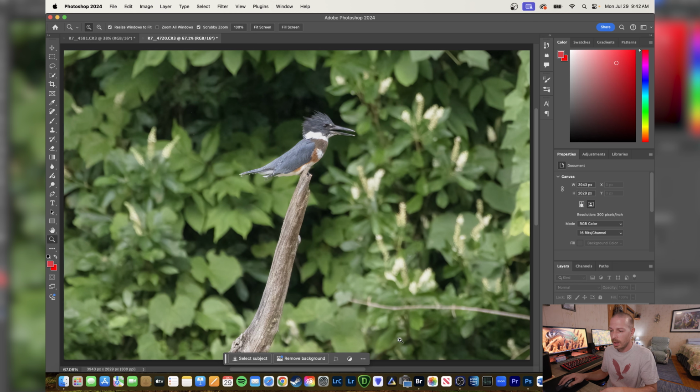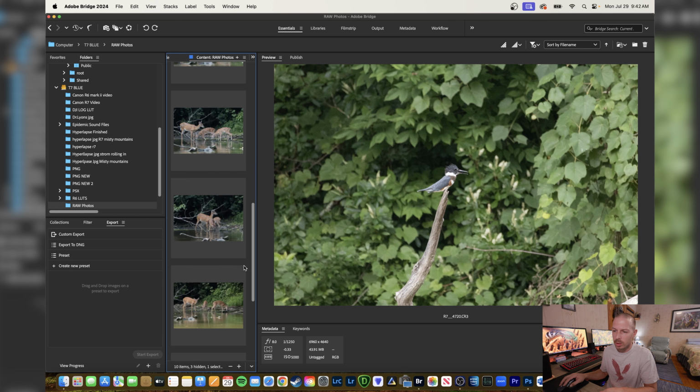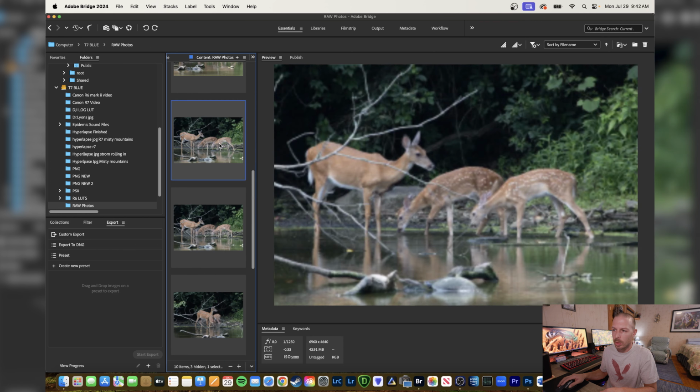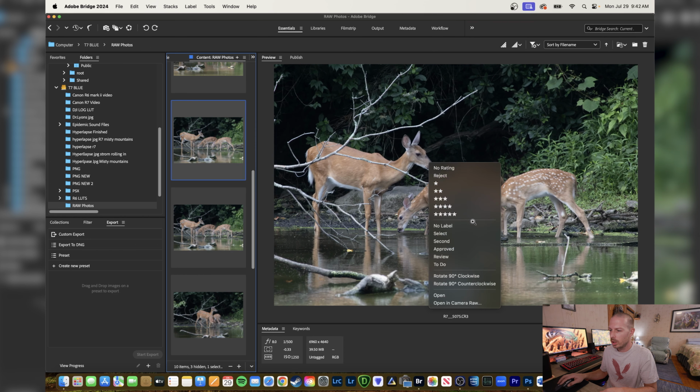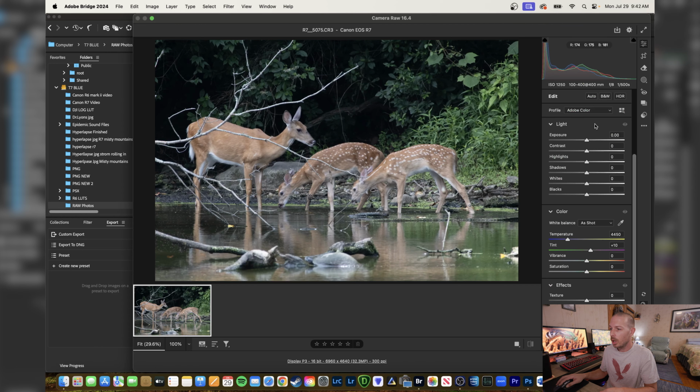So, okay, got that. Let's go back to Bridge, and let's do one more, because I wanted to show you these little baby deer, because they're super cute. So let's go here. We got mom and baby deer. So let's right click, open in Camera Raw, and let's see what this would look like, because again, you can use these camera profiles. I'm going to see what landscape looks like,